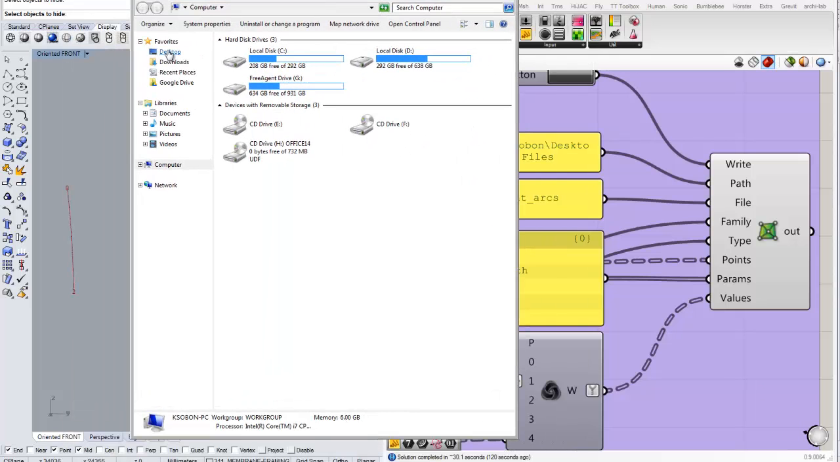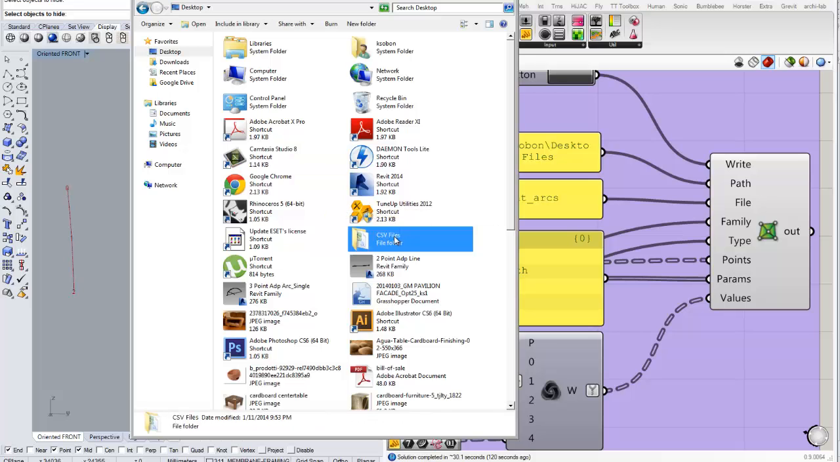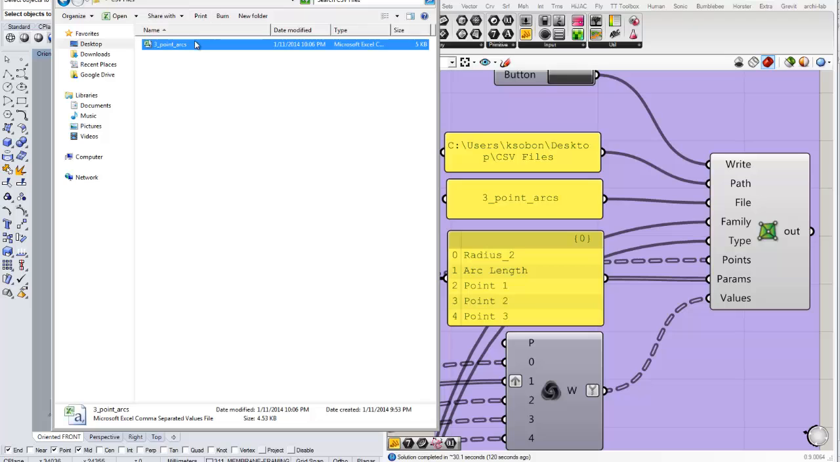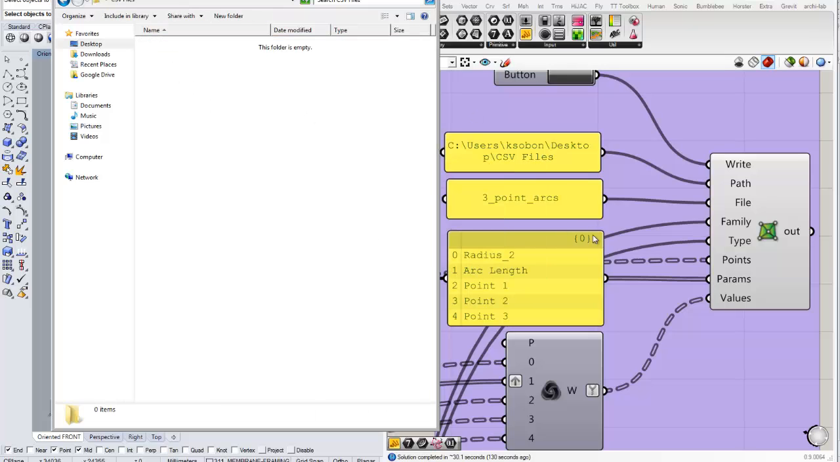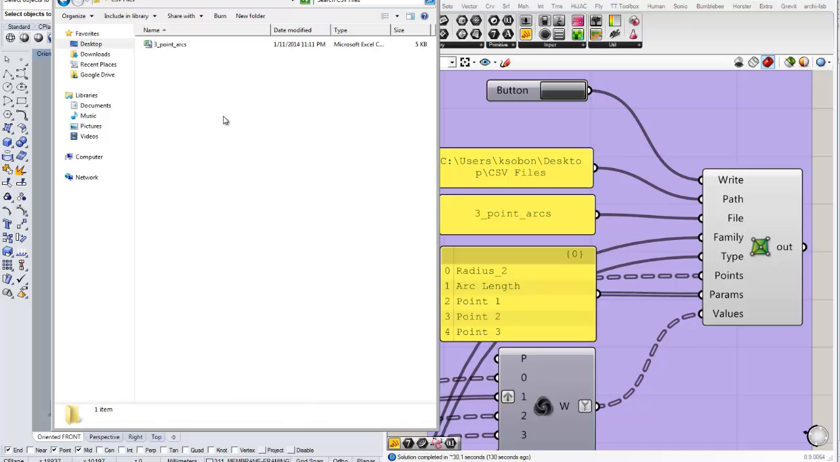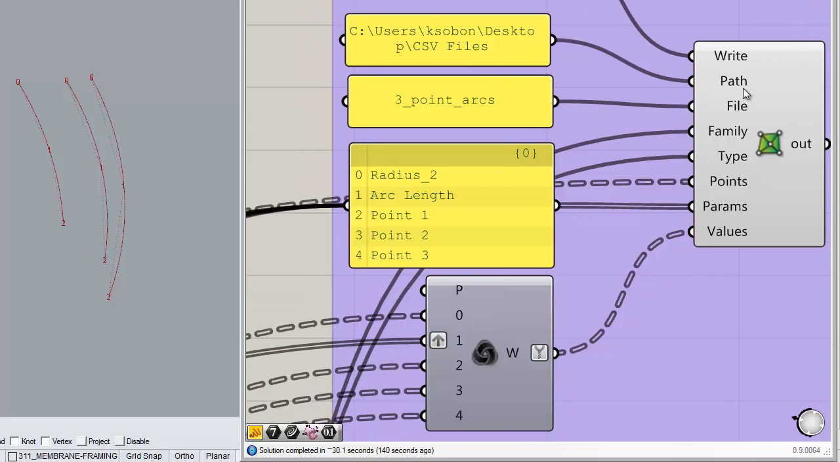If you were to go to that desktop folder under CSV files, there's that 3-point arc. It's already there, but I can delete it. And when I hit the button here to create, I can go back and it drops that file there. So this is going to be the file that we're going to be importing into Revit. So here's your path to that folder, here's the name for that file,